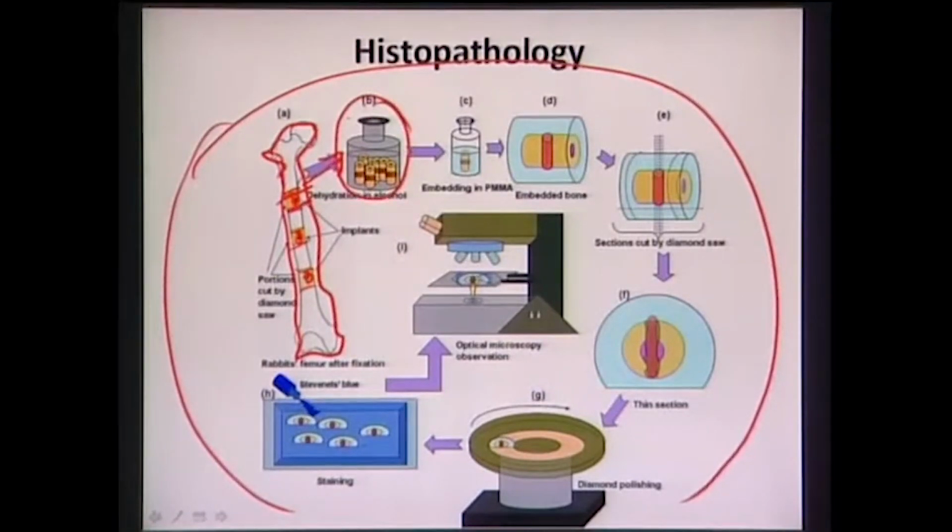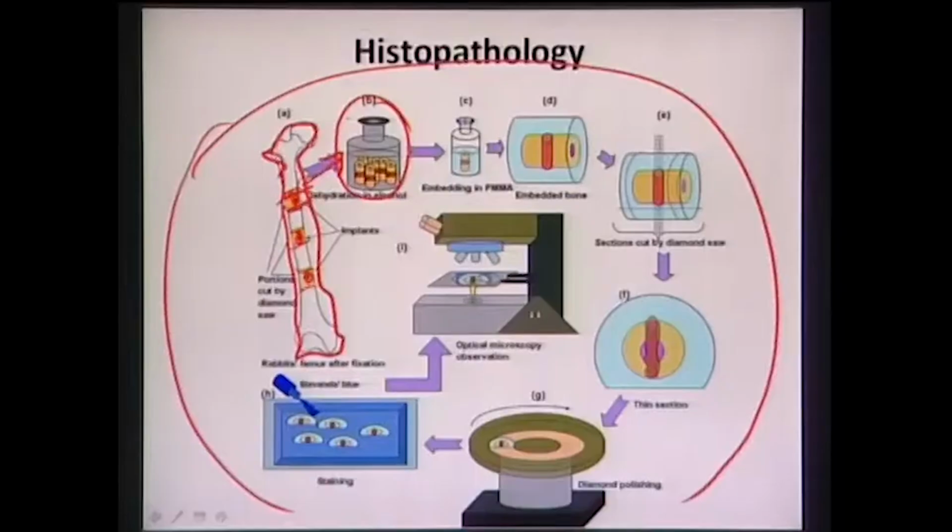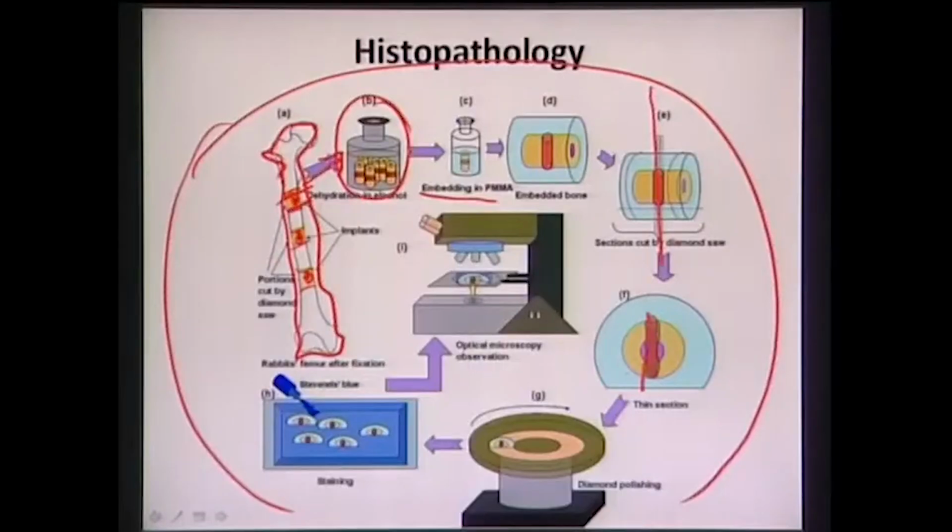So that is like serial dilution, that you give the treatment to this bone tissue sample, serial dilution. Then you embed it in some kind of PMMA, that is polymethyl methacrylate, a polymer. Then after you embed, you cut the cross sections by the diamond saw, and if you cut this cross section with the diamond saw, then essentially you are seeing both the implant and the implant-bone interface. Then you take a thin section, then you polish it on a standard polishing wheel, and then you do the